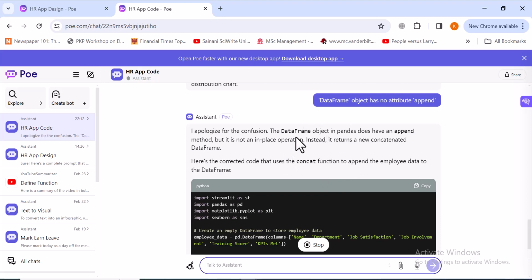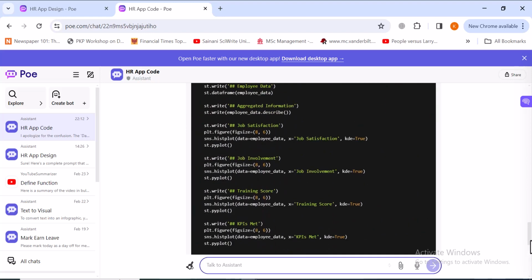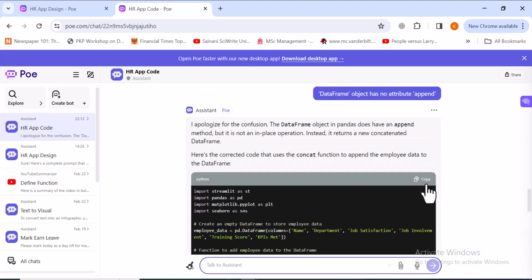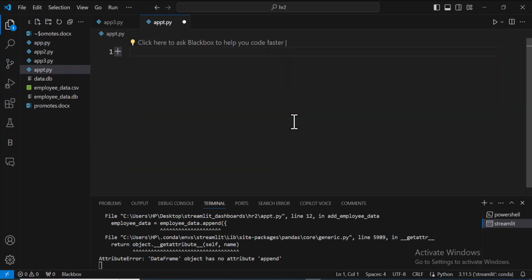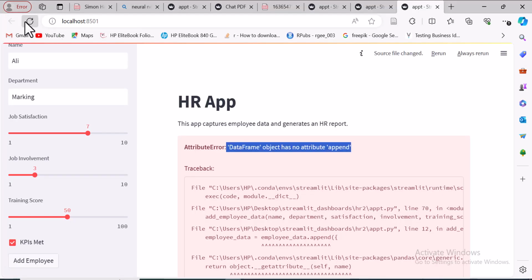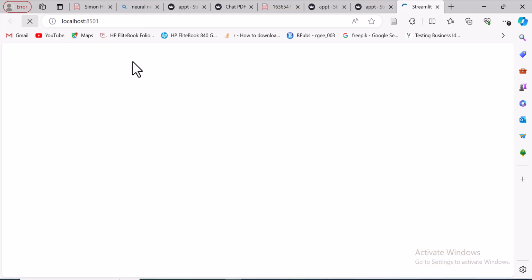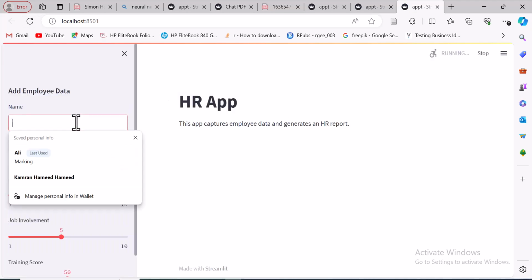So here it is mentioning that data frame objects in the pointer doesn't have an append method, but it is not an in place operation. So here we will be receiving the revised code. Okay, it is done. Just copy and go to the file again and just paste once again, and just refresh the web app. All right. Okay. So again, just